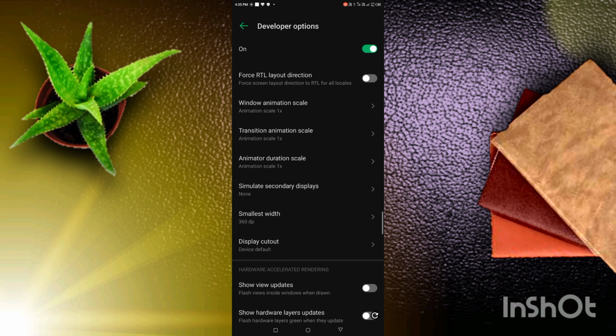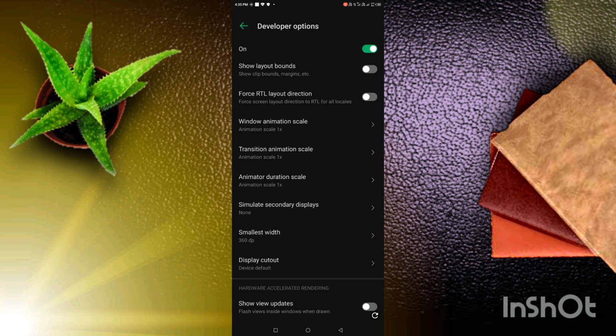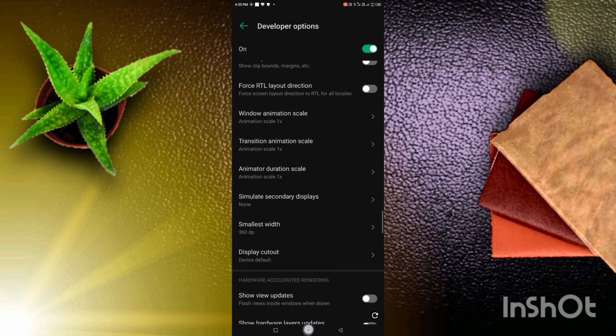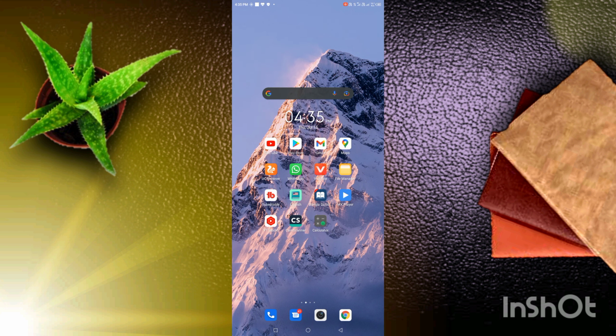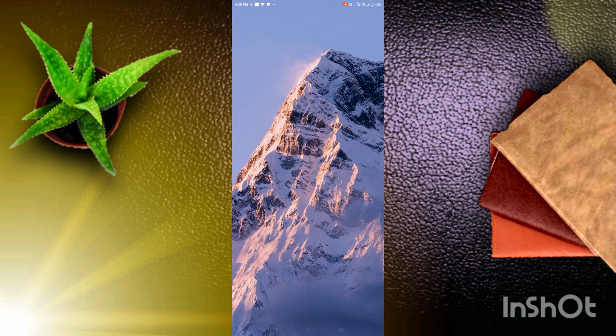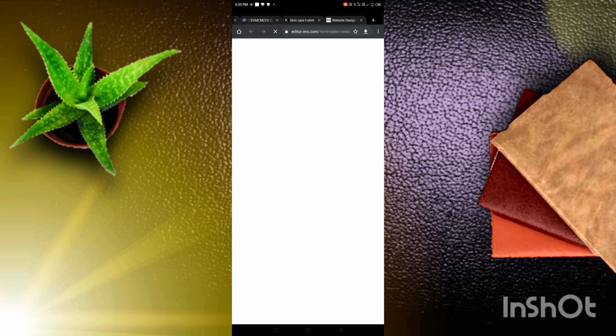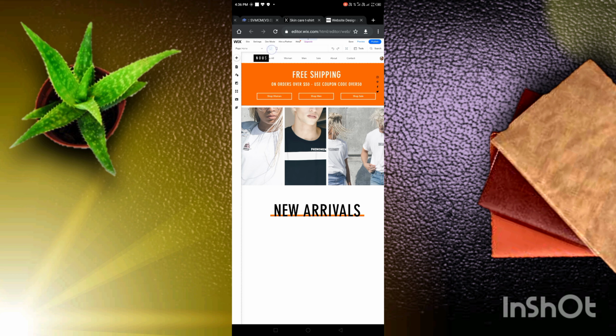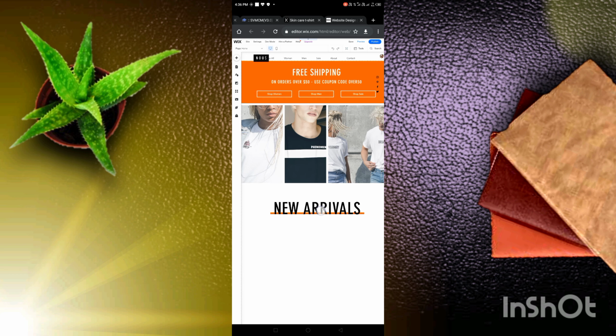So here I give it 600 dp, and just go to your Chrome browser. You will see that your website is in desktop mode. Now our website is loading, and here it is open. So here you can see that our desktop mode is open in our website, and you can add any